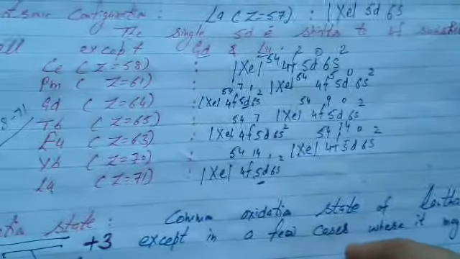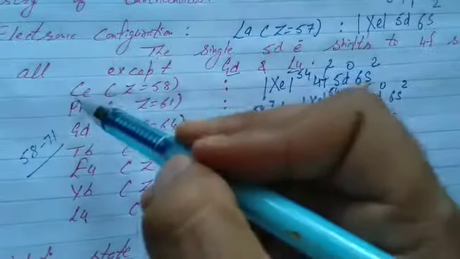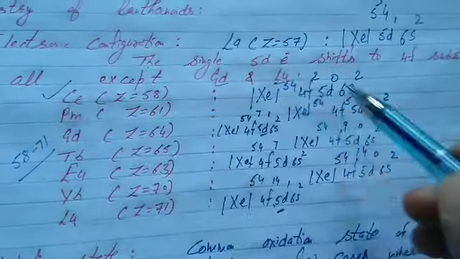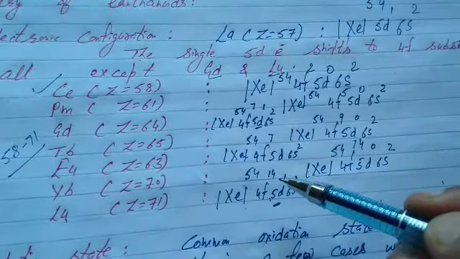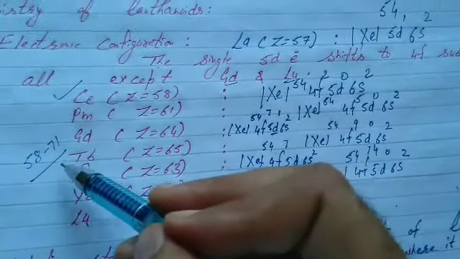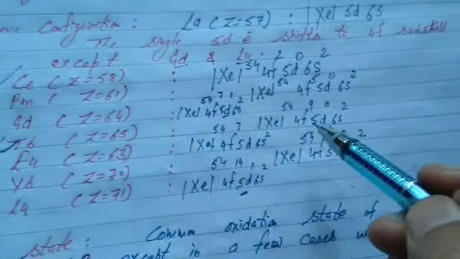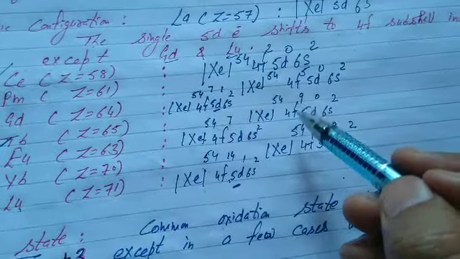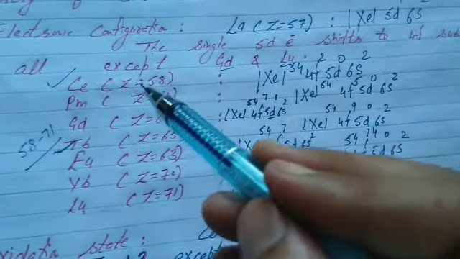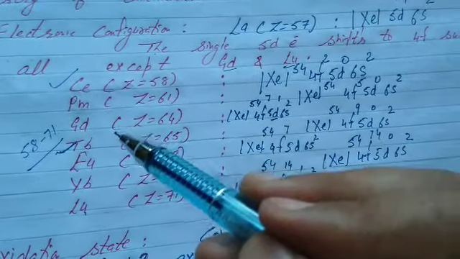Now the question is, name one lanthanoid which shows +4 oxidation state. It's clear your answer should be cerium. When it loses its 4 electrons, it approaches the noble gas. Or it may be terbium. These are the lanthanoids which show +4 oxidation state. When it loses 2 electrons from S and 2 from F, it becomes stable, half filled. Name one lanthanoid which shows +4, you write answer either cerium or terbium.